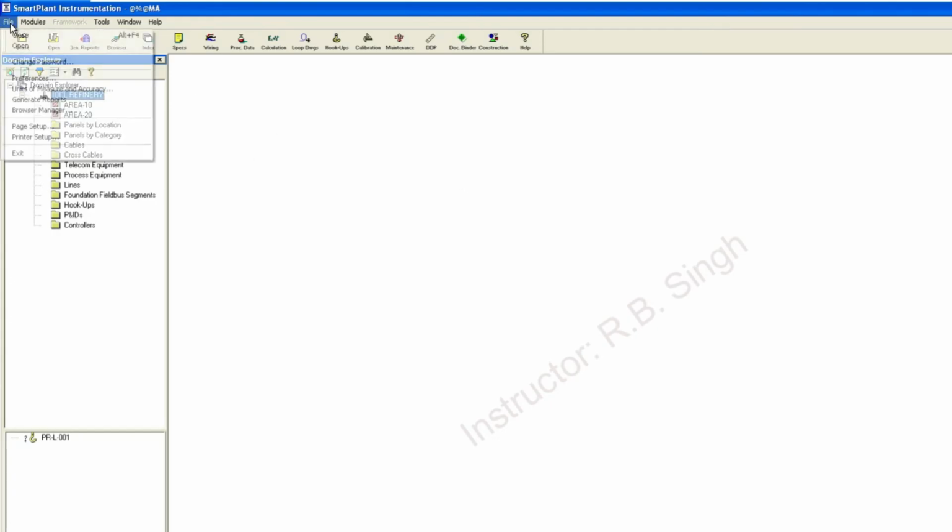And the file options. File options means you want to close any module, open any module, change the password, set the preferences, change the units of measurement, generate any report, or go to the browser manager. The browser manager is also a module which is kept outside of the modules in these versions. And the page setup and printer setup is also important because every time we need to generate a